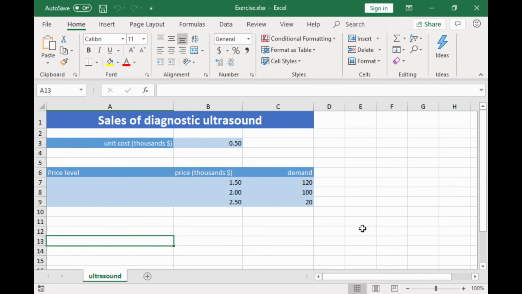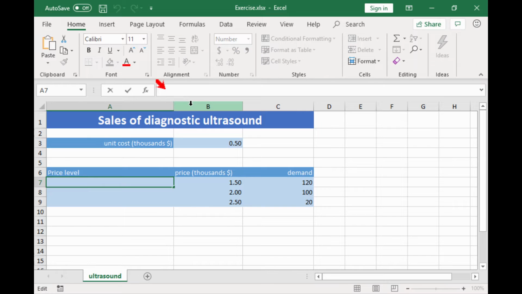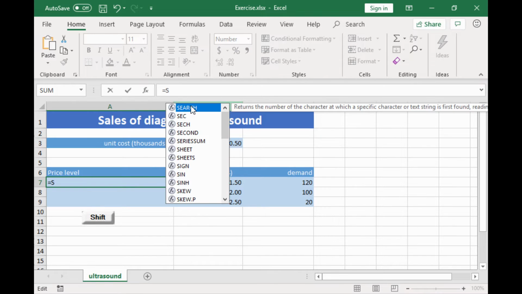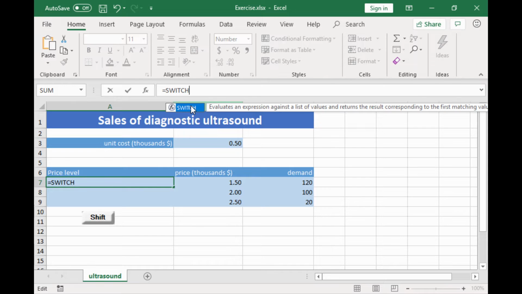The SWITCH function is a function that can be easily replaced by multiple nested IF functions, but by using SWITCH we have a cleaner approach. We want in cell area A7 to A9 to show the word low if the value in the same row of column B is 1.5, or to show the word high if the B column value is 2.5. If the value is any other besides those two, we want to display the word unknown.